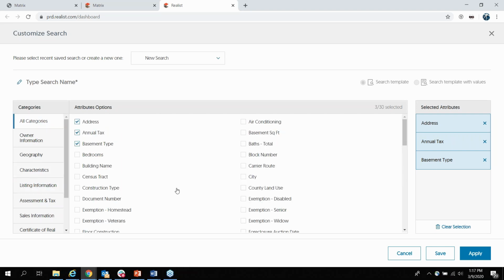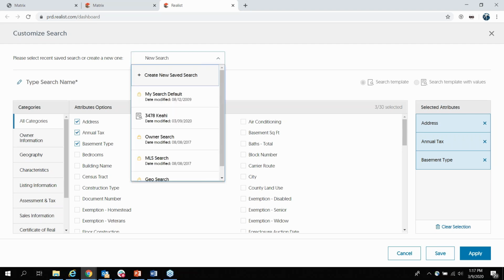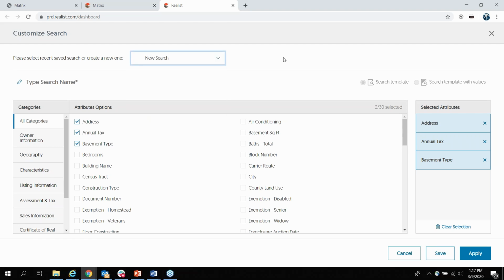So create whatever kind of search you want. If you want to create it temporarily, just hit apply. But if you'd like to save it and use it again and again, hit the save button over here, and then it'll show up in this folder up here at the top. So that's how you can